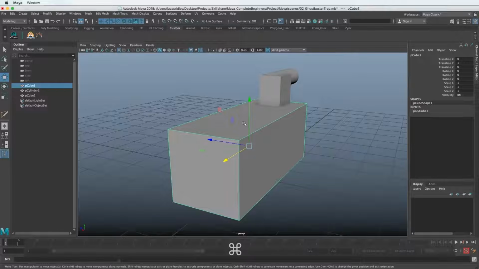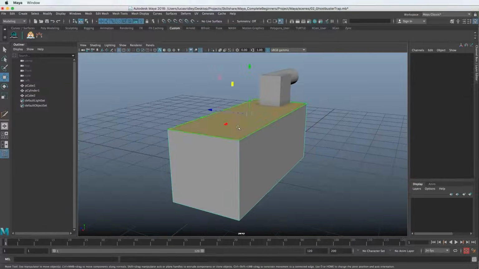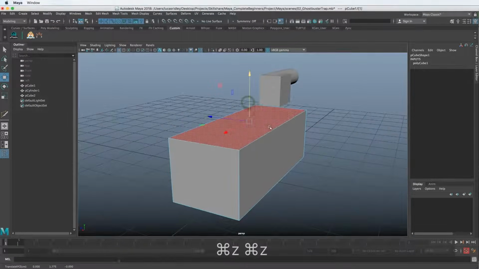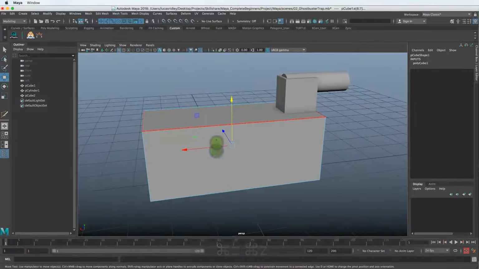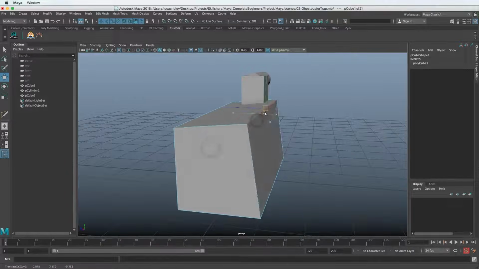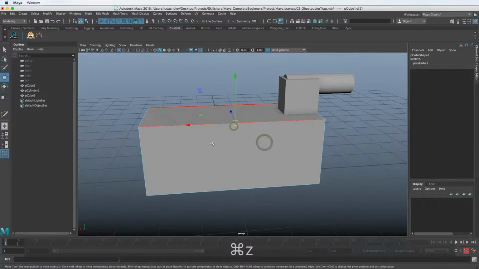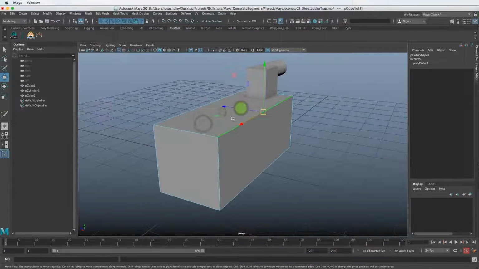So I'm going to go back in, and if I go into my face mode, right clicking and going down to face, and I select that and move it around, I can't really move this and divide this in different sections. So I need edge loops here. And if we go into edge mode, right clicking and dragging up, I can move individual edges. Well, we need more of those. We need an edge here to get that border. We need 2 edges here so that we can divide this section in half and have an angle between it. So let's add more edges.